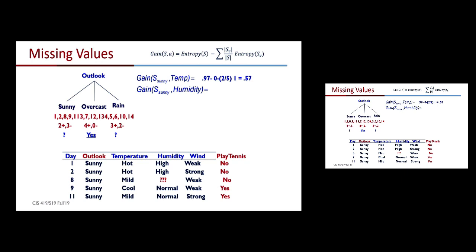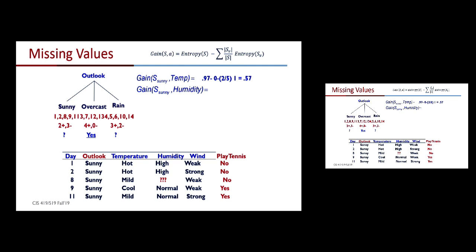of S sub V. So in the case of when I'm looking at temperature, what do I have? I have 3 values for temperature. Okay, this isn't working today. 2 of them are hot, 2 of them are mild, 1 is cool. Everyone is looking with me on the temperature column here? Now,